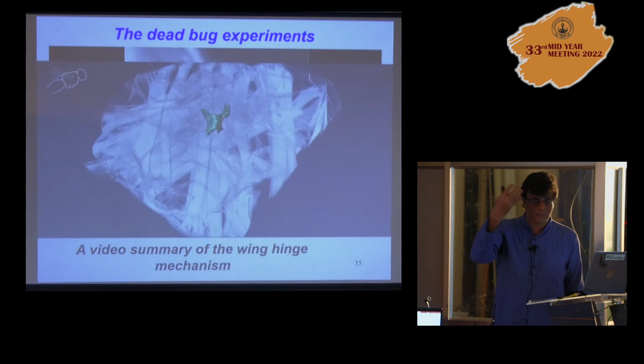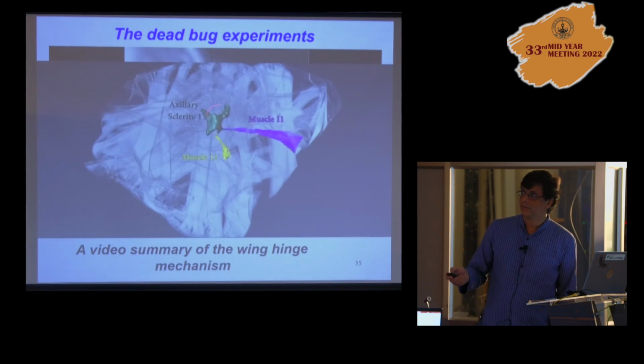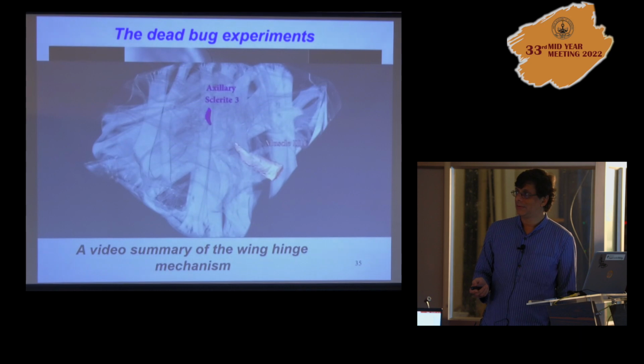A sclerite is just a fold on the insect cuticle, and this is actuated by muscles. So you have two muscles that actuate the first axillary sclerite. Then we have the second sclerite, no muscles here. Then the third sclerite, and this has, as you'll see, several muscles